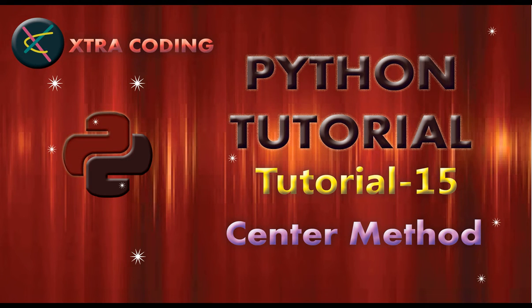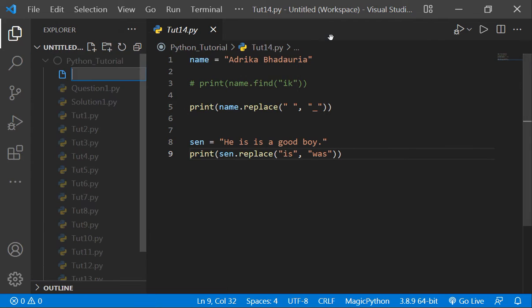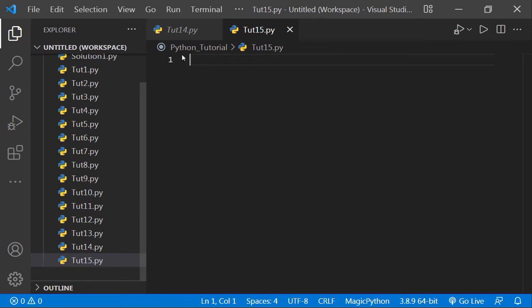So friends, in today's video, we're gonna learn about center method. So here, I'll make a new file, tut15.py, okay? And here, I'll make a variable. So here, let's write username, and here, we will write extra,